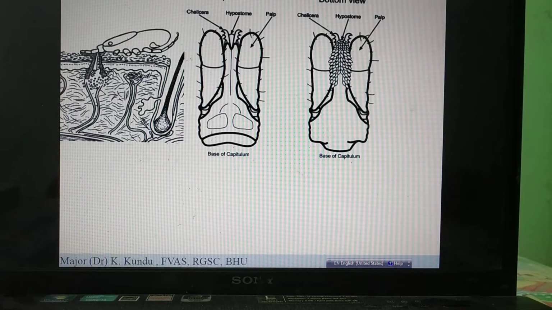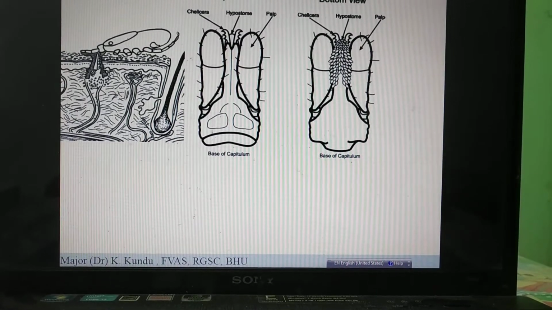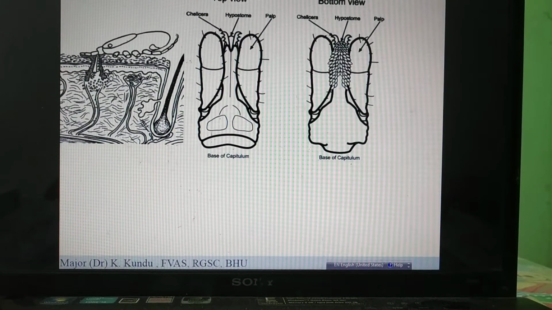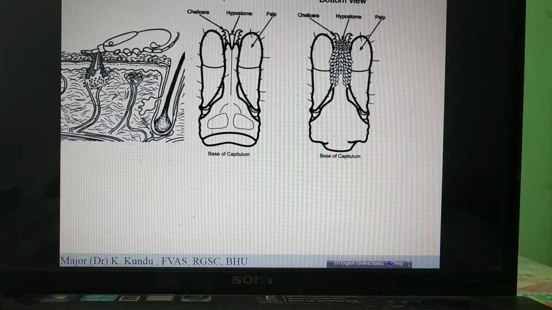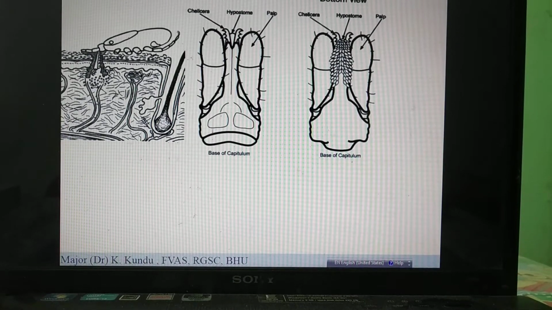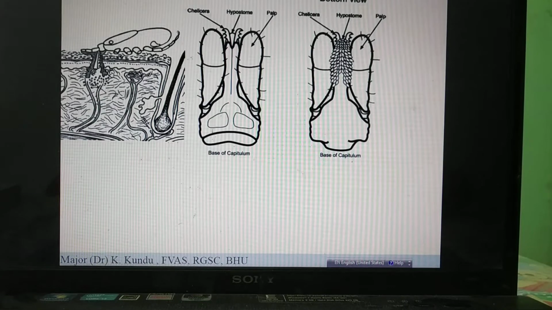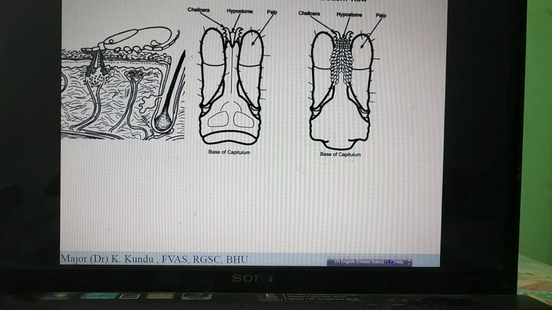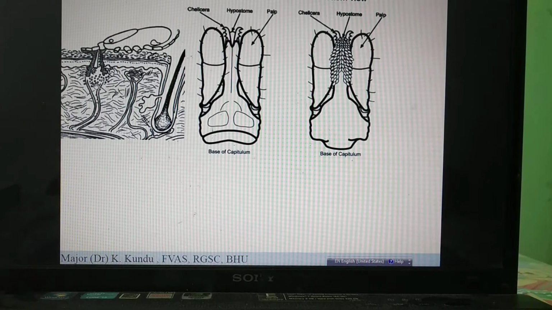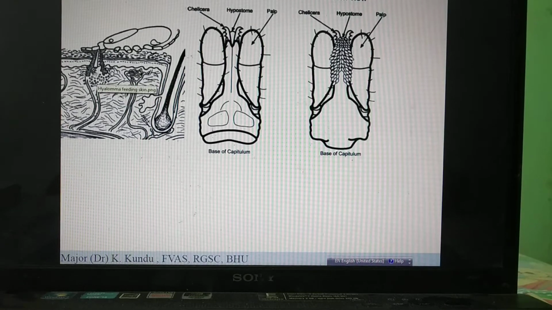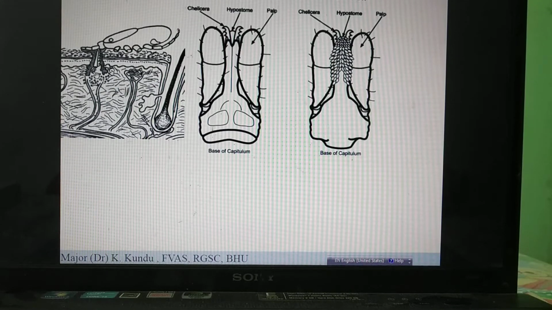Now, we have already given this in the theory, the mouth parts of ticks. Just a brief discussion on that. On the left hand side picture, as you can see, the tick is having the blood meal. It has damaged the capillary, and you can see how it is taking the blood meal. Now here you can see two important things. One is the chelicerae. These are the chelicerae.